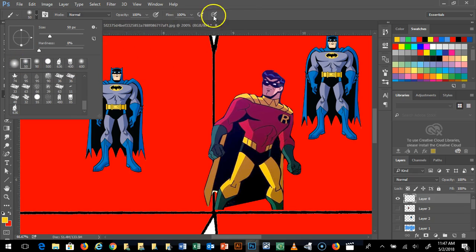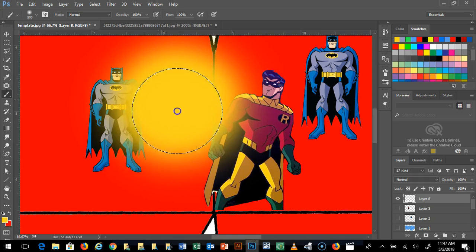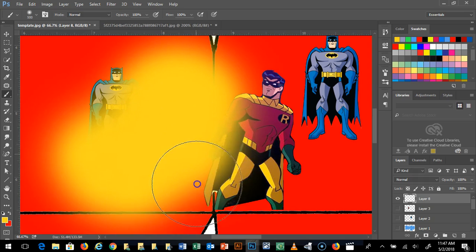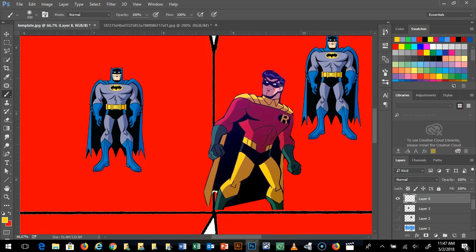So here's the brush tool. Let me make my cursor bigger. Remember, you can change the size of your cursor by using the bracket keys next to the P key. Left bracket makes it smaller, right makes it larger. See how soft that edge is? That's the brush tool. Now the pencil tool